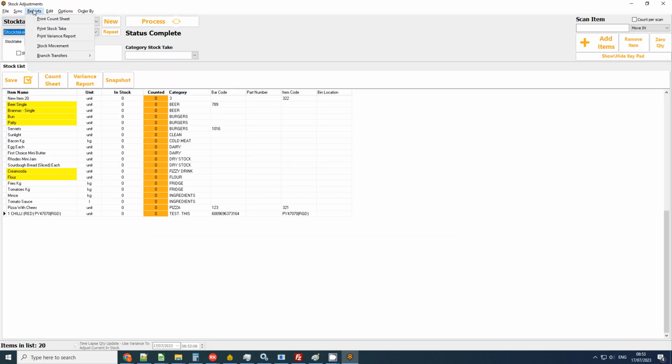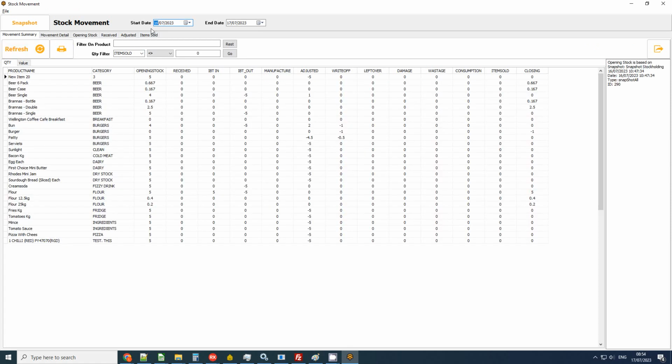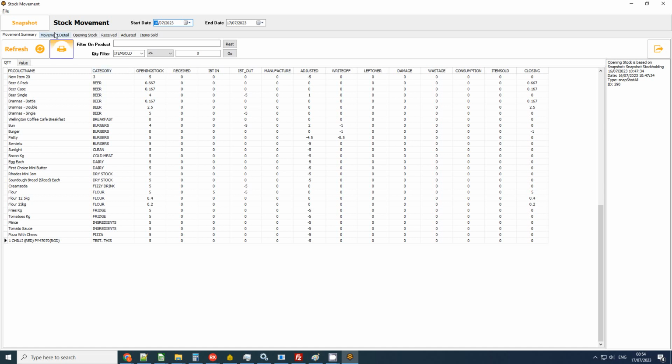And then also I like to use this report, your stock movement report. I'm going to go refresh. So this one, there is a print function. Normally we just exported the values. So if I go on my print sheet, it's quite a lot of information, and the note at the top is also quite important. So to obtain the correct opening balance, we need to take some snapshot or the last time the stock was saved, and you'll notice there are snapshot buttons